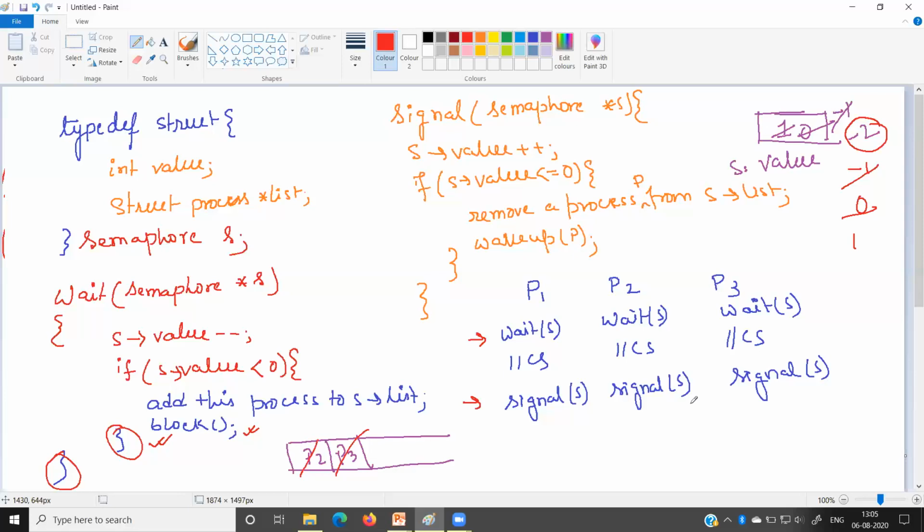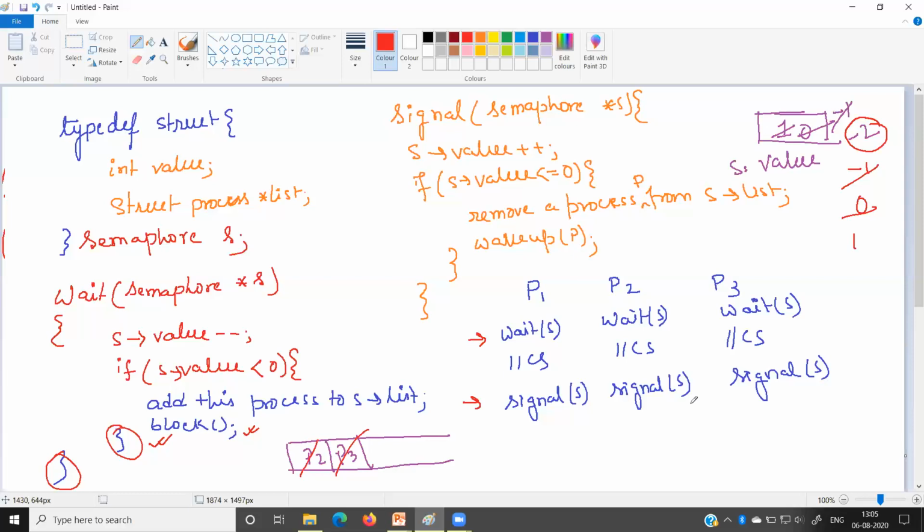It also satisfies progress and bounded waiting time. So the modified semaphore algorithm with the help of the structure is a valid semaphore algorithm which is able to solve the critical section problem.